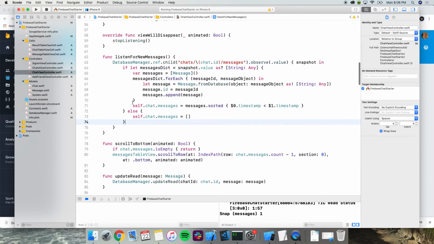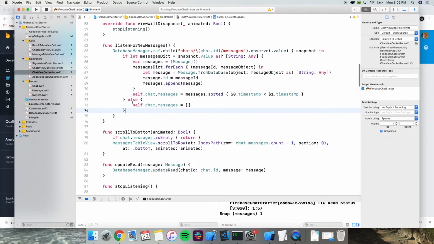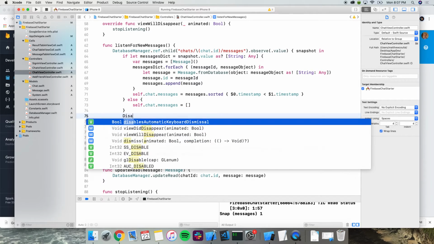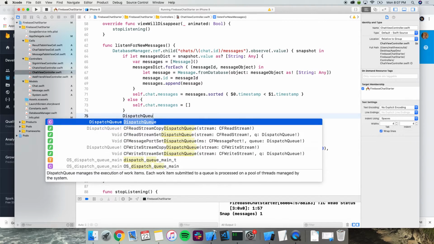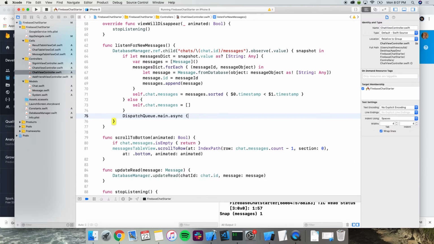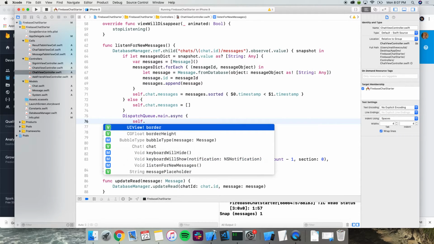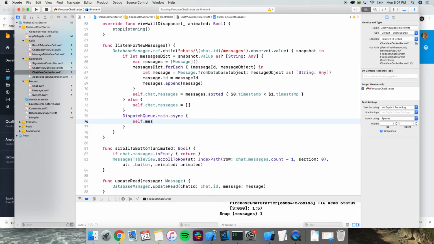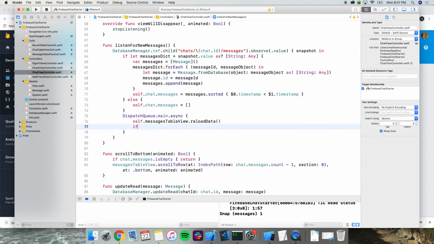Okay. So now what we want to do is actually reload our table view, right? We talked about that last time. We want to do that on the main thread. So do that. We also want to scroll to the bottom to achieve that same effect.